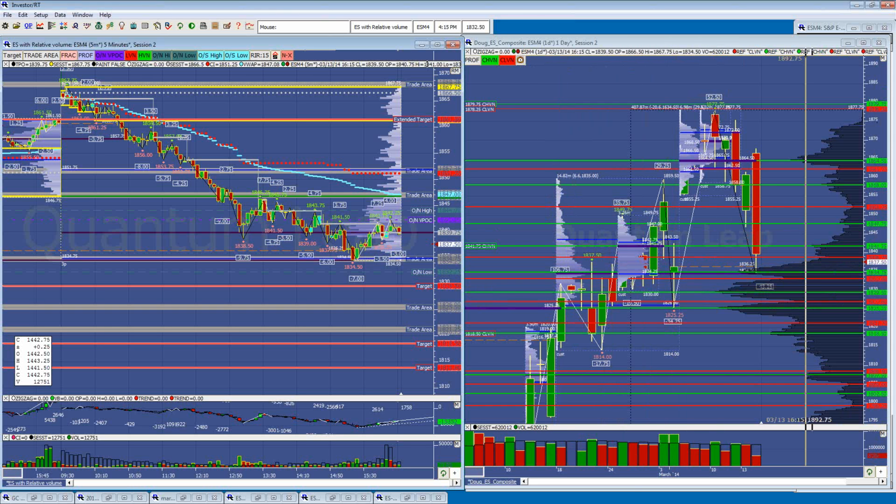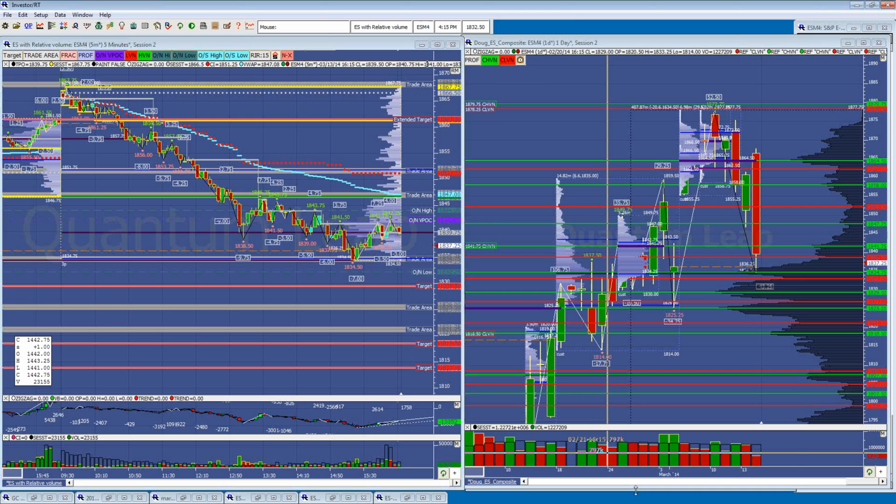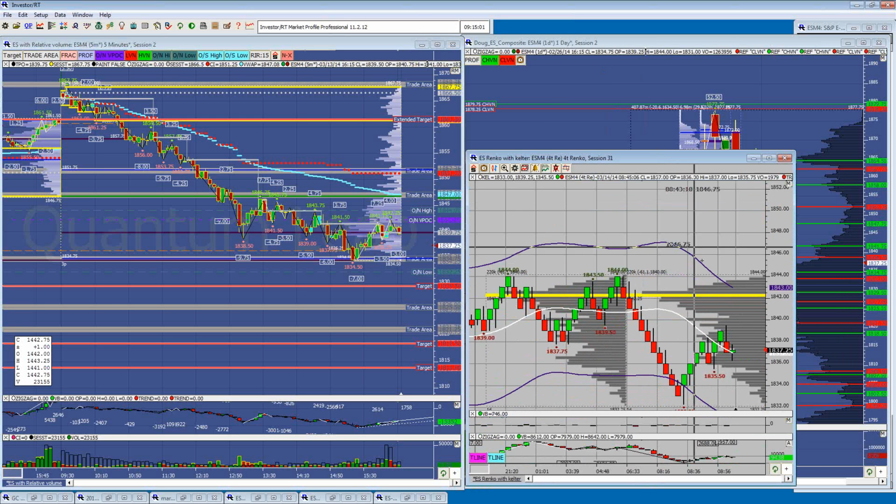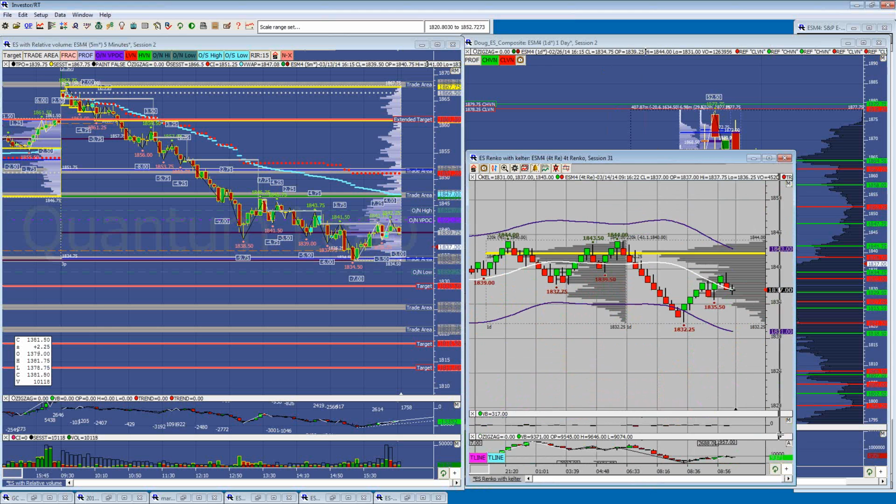So that's what I'm looking at on the composite. Let's just take a look at how that looks on the Keltner and the Renko. The center line of the Keltner is right around 37, right where we're trading right now. So coming into the open, we're trying to hold above. We're getting a little bit of a downward slope on the Keltner channel, but if we can hold above this,